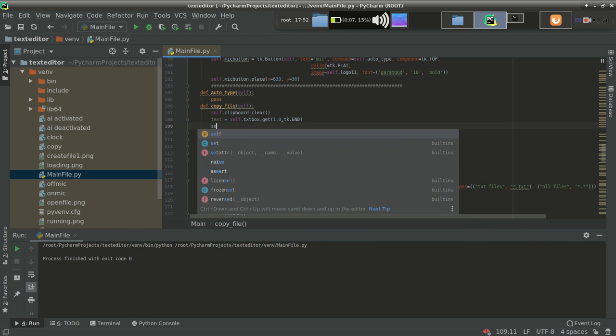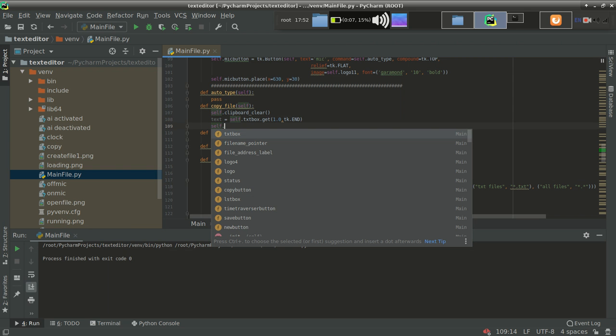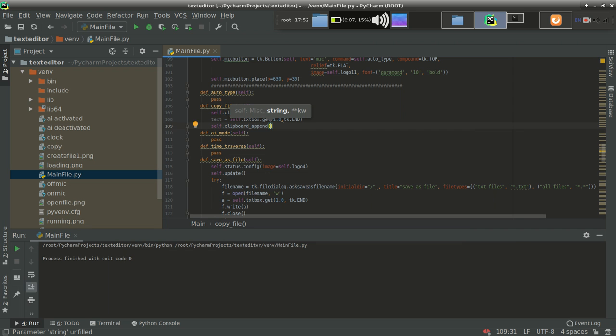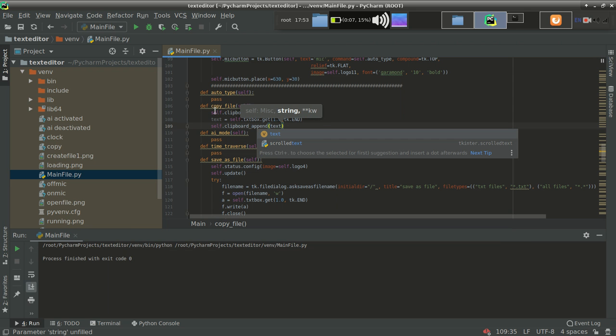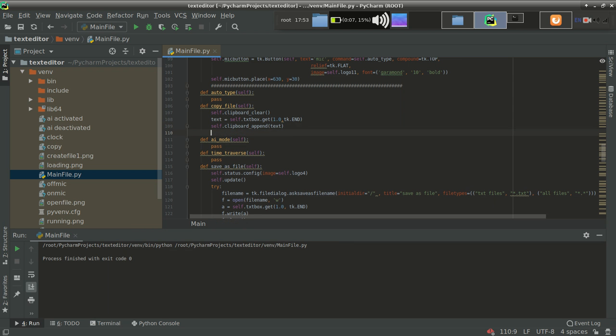And what I want is self dot clipboard append, because I want to add this text to the clipboard. So clipboard dot append and the text should be text. And finally I want to terminate this function, so I will use return. So that's it. This is the code for copy file.